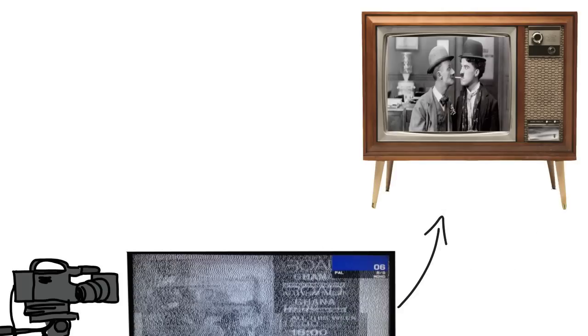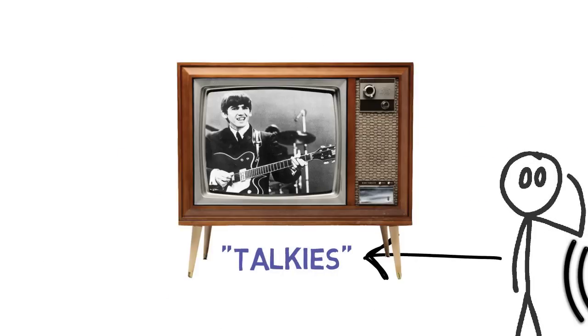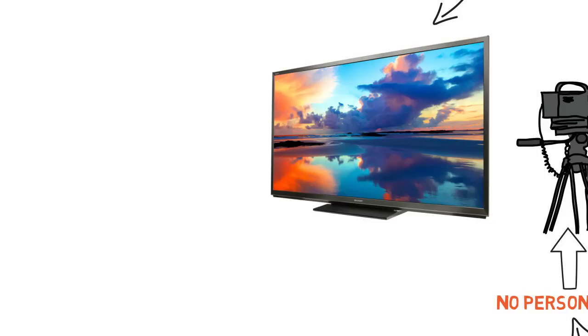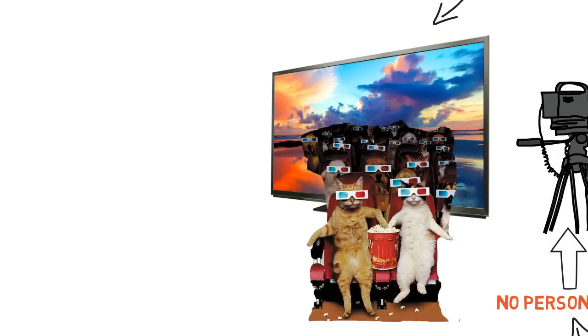But they said then, but here's another thing about reproducing people, which is that they talk, and a whole lot of their personality is in the voice. So can't we have them talking at the same time that they move? So they invented the talkies. And then to get it more lifelike still, they colored them. They said, wow, now we're really getting somewhere. Then, to make it even more real, they put it in 3D. And you had to wear sort of spectacles over your face to see it that way.